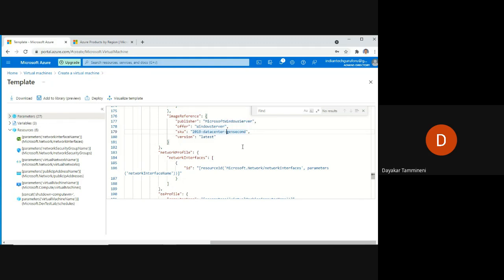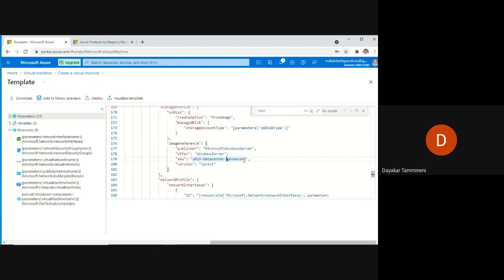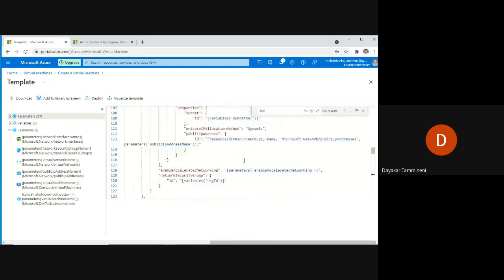Whatever file we are using, this particular file is a read-only file, and this particular editor that Azure is providing is only a read-only editor. Then how could we actually modify the content?